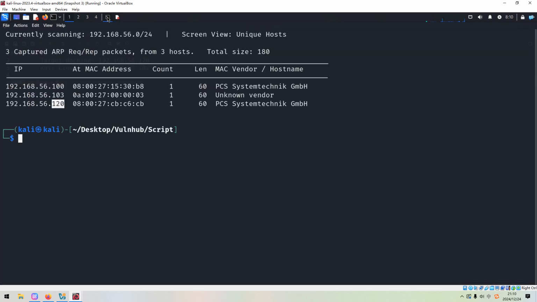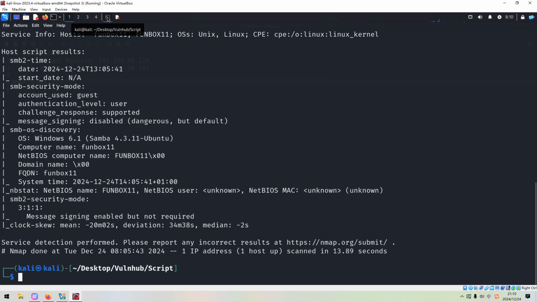So what are we going to do next? It's very clear. We need to do port and service scanning with Nmap. Nmap is a very powerful tool to scan open port numbers and also identify services. Of course, to save time in this video, I've already done that before. So now we just get out its result.